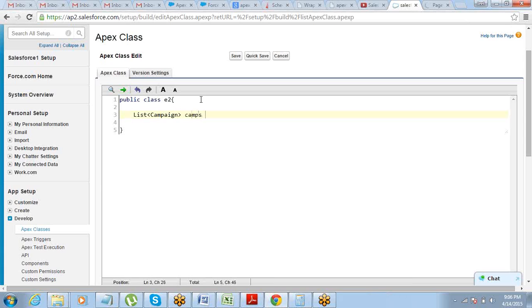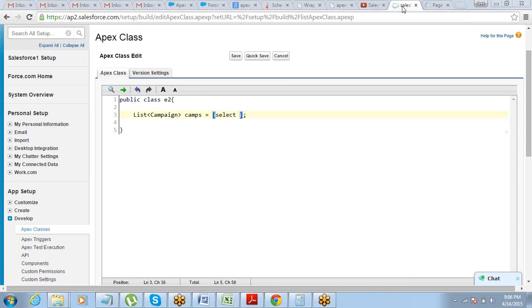Call it anything, camps, and then write the code. Select, we have name, budgeted cost. Okay, these are all correct field names, right? Name, I think there's something called description, there is start date,